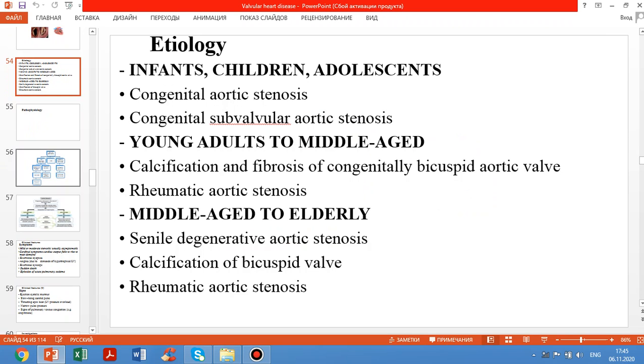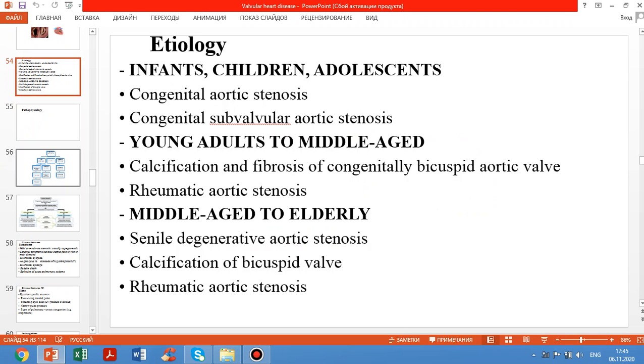Etiology. In infants, children, and adolescents, it can be congenital aortic stenosis or congenital subvalvular aortic stenosis. In young adults to middle age: calcification and fibrosis of a congenitally bicuspid aortic valve, rheumatic aortic stenosis. In middle age to elderly: senile degenerative aortic stenosis, calcification